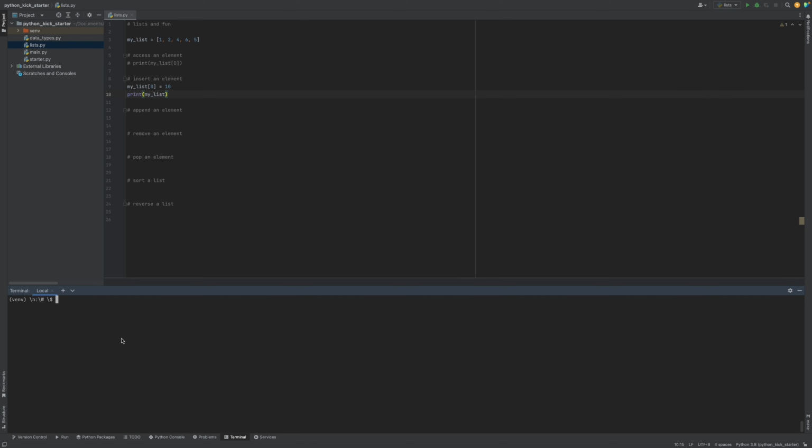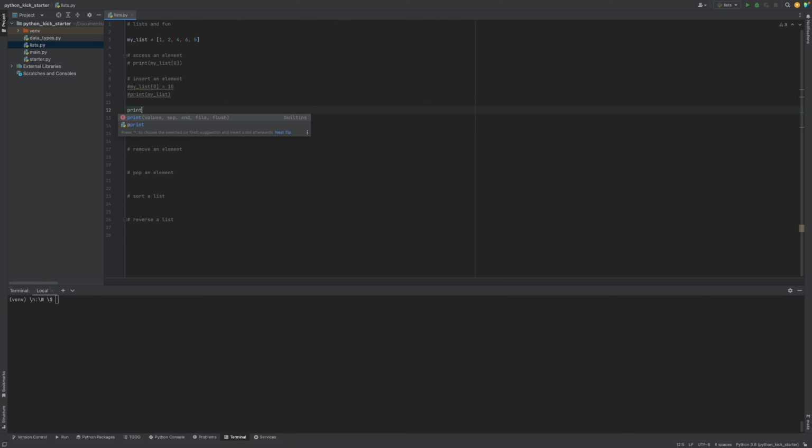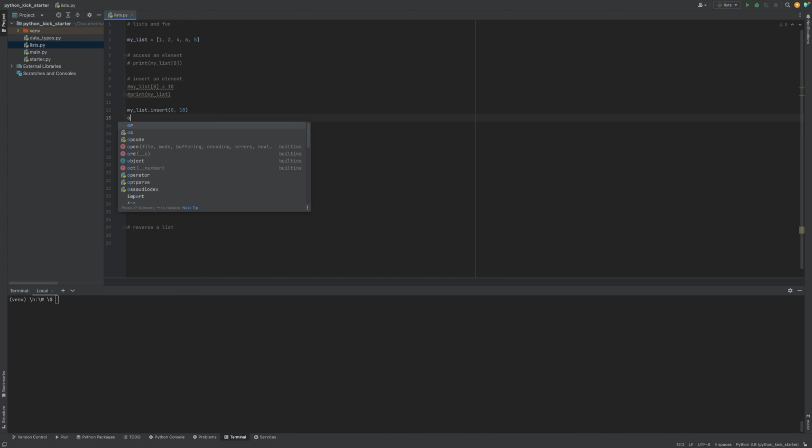So let's say I'm adding 10 instead of replacing 10. So let's comment this out and we'll keep our list original, which is 1, 2, 4, 6, 5, and I just want to add 10 now at the 0th position without removing 1. For that, I can use the insert method of Python, and I can say that at the 0th position I want now 10, and when I print it,